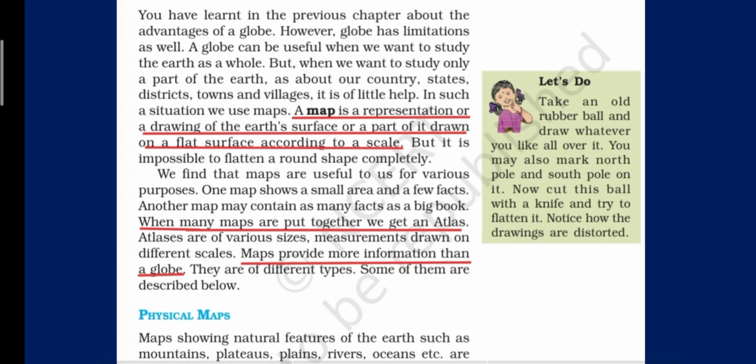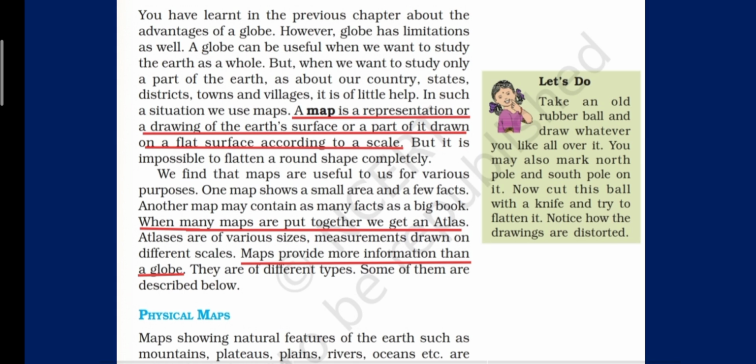So you take a rubber ball, make anything you like on it, cut it and then try to flatten it. First of all, you will not be able to flatten it completely, and the drawings which you make will get distorted and will not remain the same. That exactly happens when we try to flatten a globe on a piece of paper.